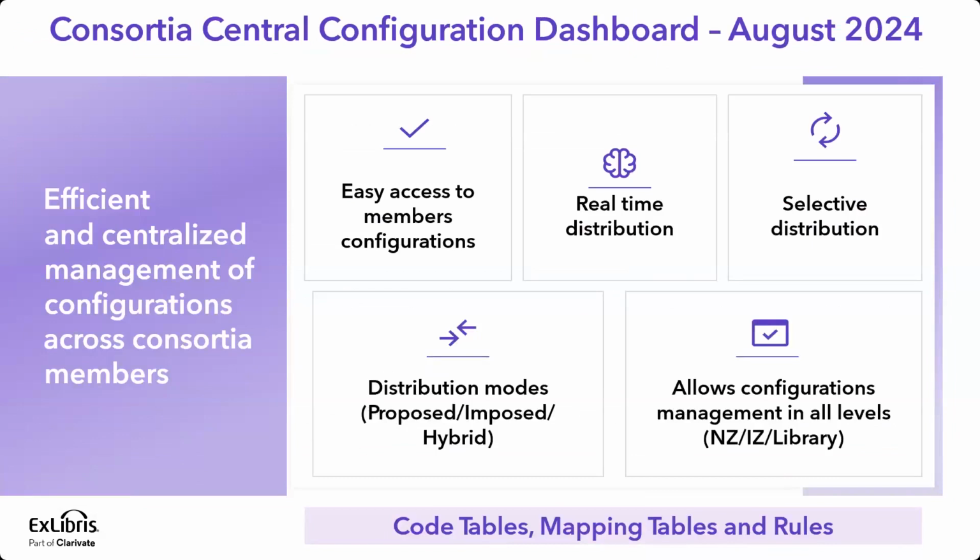We aim to have an efficient and centralized management configuration across Consortia, meaning you're logging into the network zone, but you will be able to access all the members' configurations. So you don't have to log in, log out to each member institution of your Consortia. You have it within the network zone login, and it's one login, which allows you access to the entire Consortia. On top of that, for those of you that work with configurations from the network zone and distributions of configurations from the NZ to the various IZs,